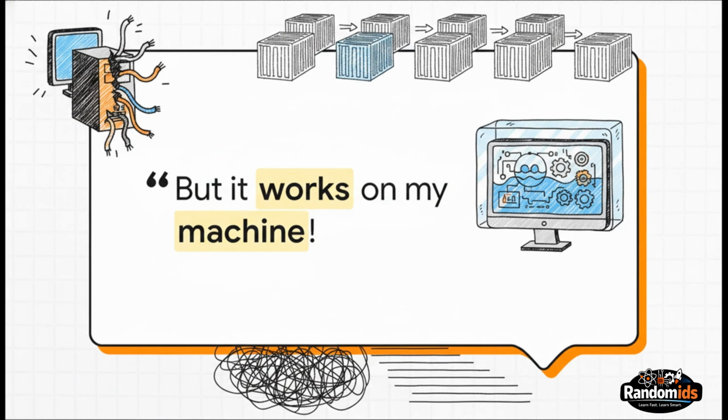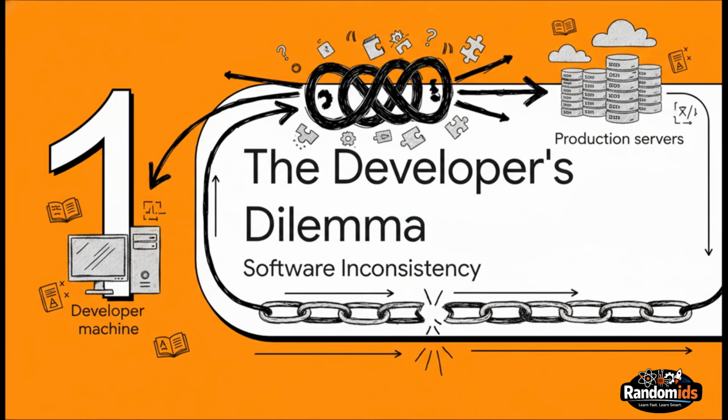Yes. Anyone who's ever written a line of code or worked on a software team has heard this dreaded phrase. It's the classic project killing problem, right? Something works perfectly on a developer's computer, but the second it moves anywhere else, it just breaks. This single sentence, this one excuse, is the exact chaos Docker was born to fix. So, what's really going on here?